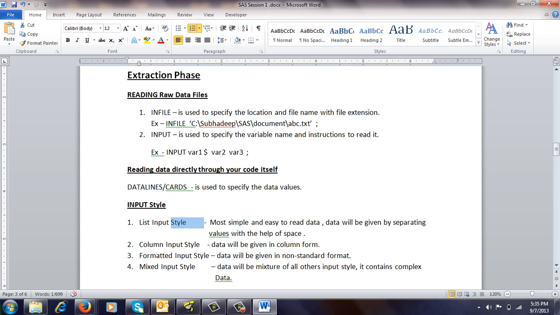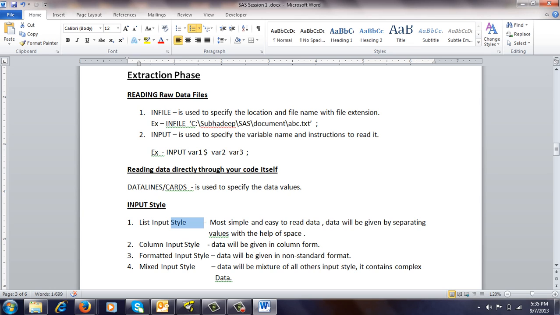The third one is formatted input style. Under this, the data will be given in a non-standard format. Means for numerics, the data will include a comma, dollar symbol or percentage symbol, or reading date values will come under formatted input style.